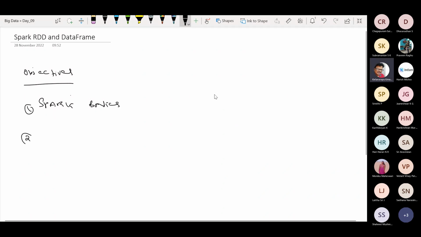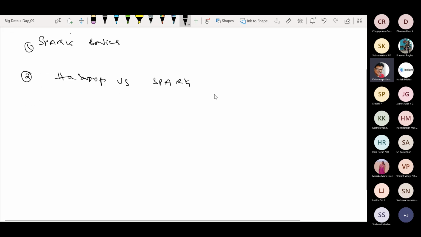so Spark basics, and thereafter the second thing is Hadoop versus Spark. What is the exact relationship between those technologies? And Spark RDD, which is the basis for Spark understanding. Next is Spark